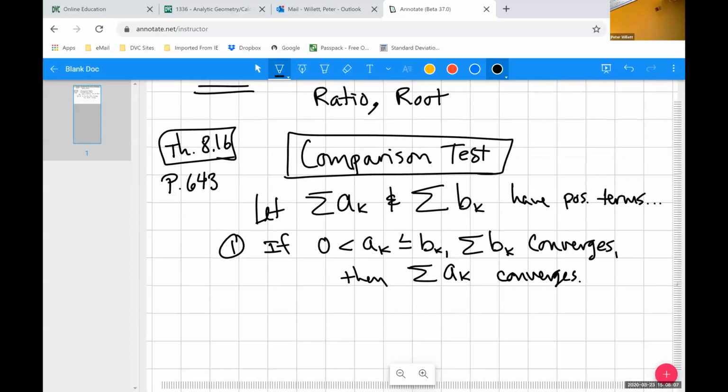Basically, if the A's are less than the B's, which are known to converge, then the A's must also converge. And on the other flip side of that, if instead I know that my B terms are all positive, but they're all less than or equal to the A terms, and if in this case my B's diverge,